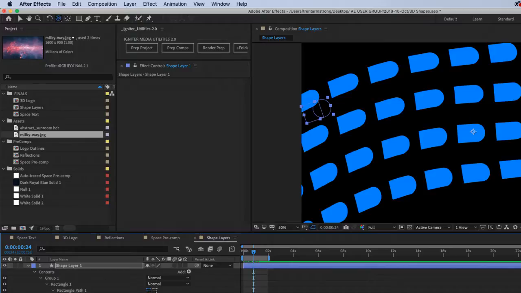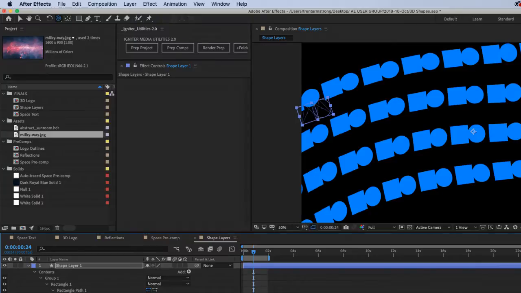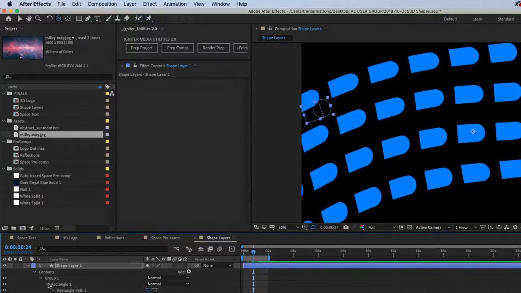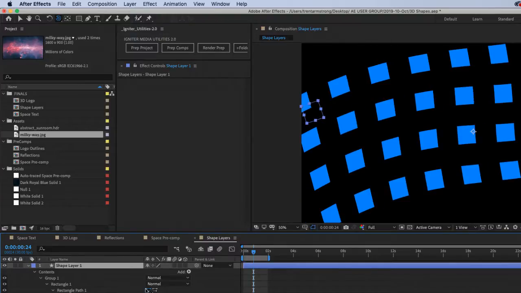I can. Because the original is not on the center? Or the original anchor is not on the center? I'm not positive. Okay. There's a lot of stuff going on here. Let's get rid of that.